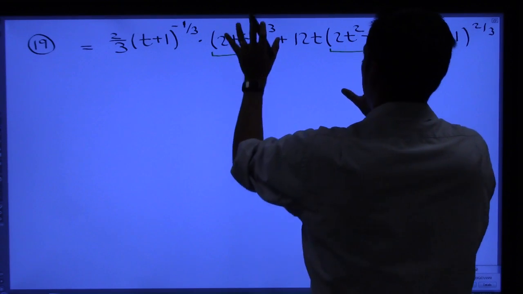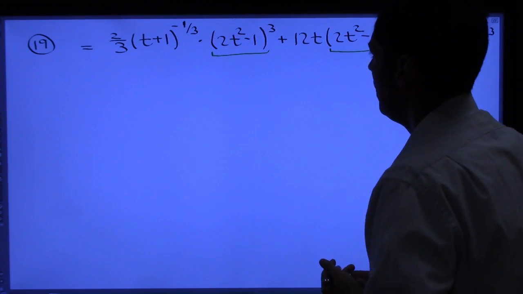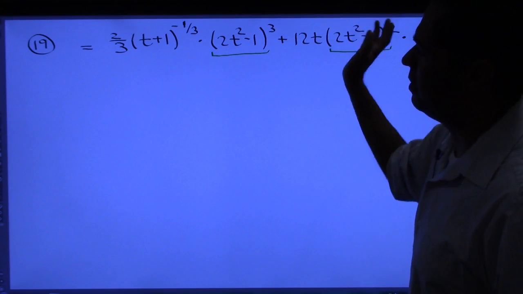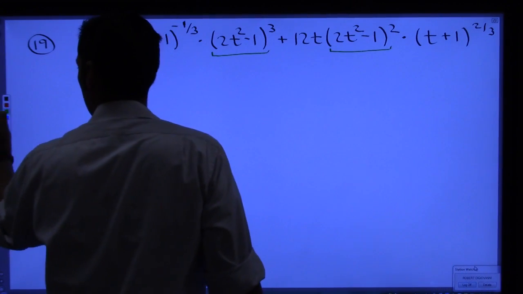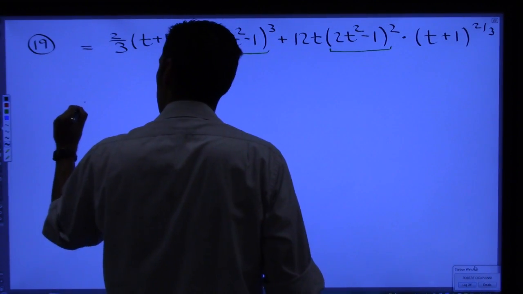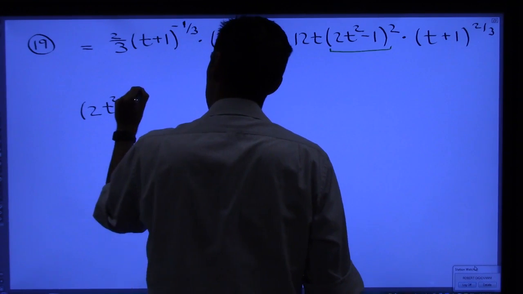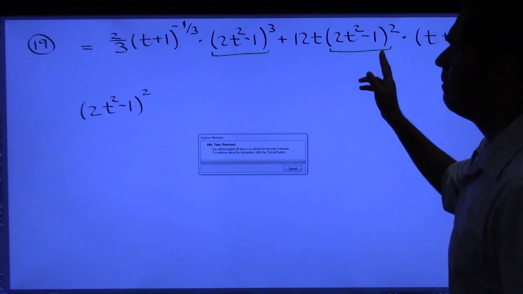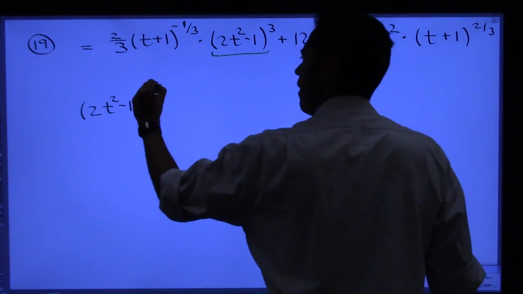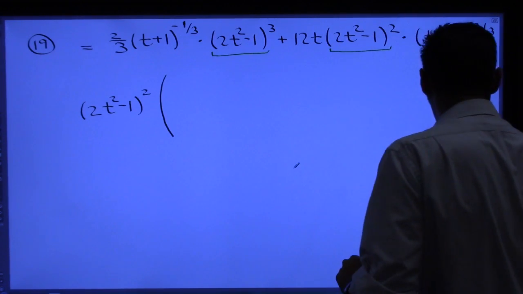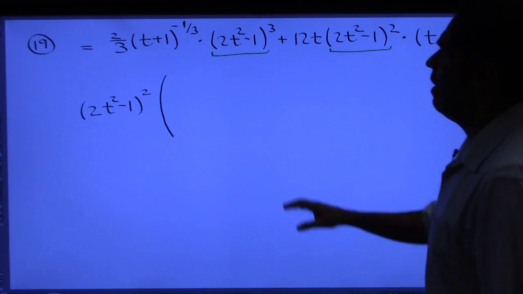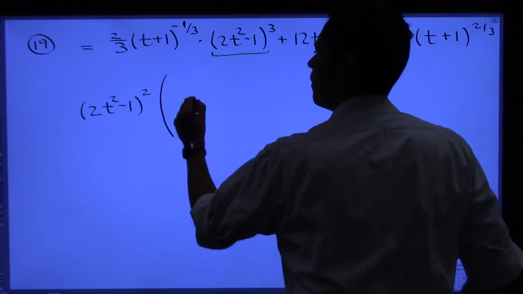Okay, I meant to say factors. I have common factors. So let me pull two factors of each of these out. So I can pull out (2t squared minus 1) squared, there's two factors in common, right? And then once I pull that out, I will have left, let's see, this right here,